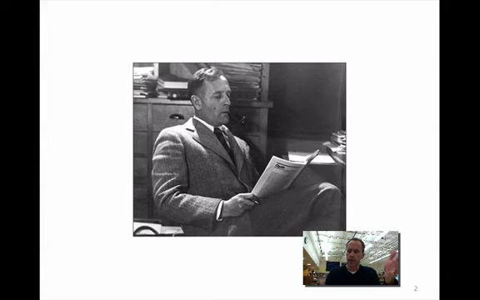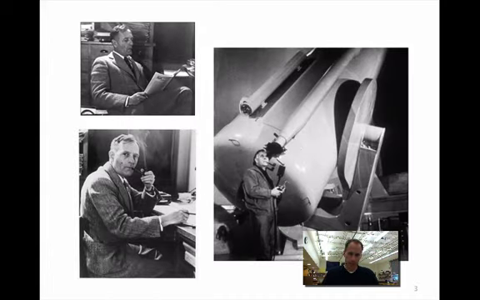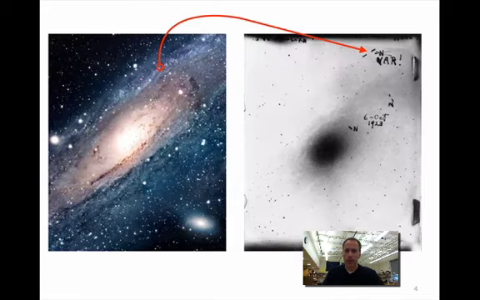So this is Hubble. Not only did he discover several things, he's also the scientist most photographed nonchalantly smoking his pipe while making discoveries. The two things that Hubble discovered that are important to us in this course: the first one is he was the first person to find variable stars in another galaxy. And this was important because variable stars are a really great tool for measuring distance. We always know their brightness based on how long it takes them to go bright to dim to bright to dim. And when he found one of those in a distant galaxy, he was able to measure the distance to that galaxy. And this picture is the Andromeda Galaxy.